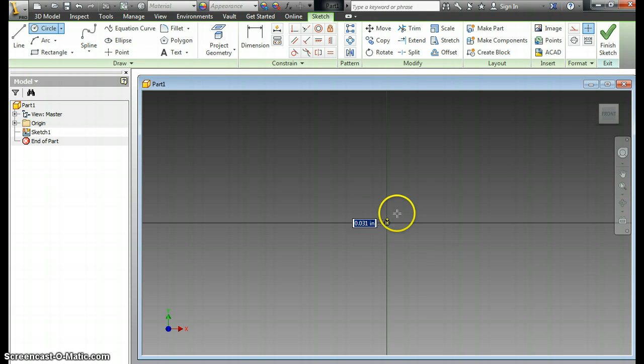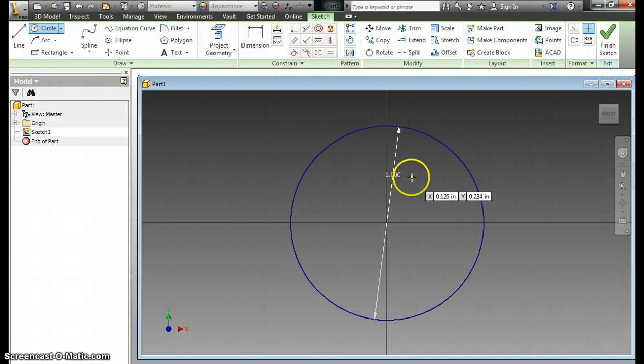So click, drag, and my design says create a 1 inch by 3 inch, 1 inch diameter, so I'm going to put a 1 in there. That's the diameter of my circle, and I'm going to finish my sketch,